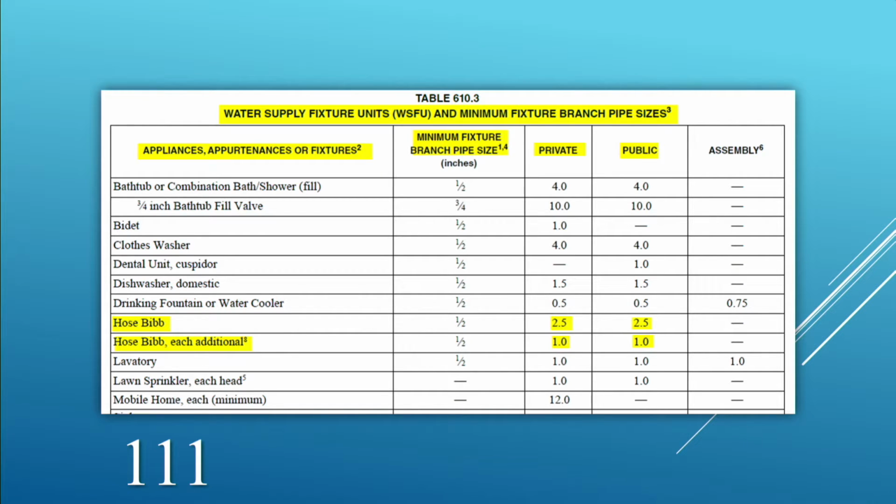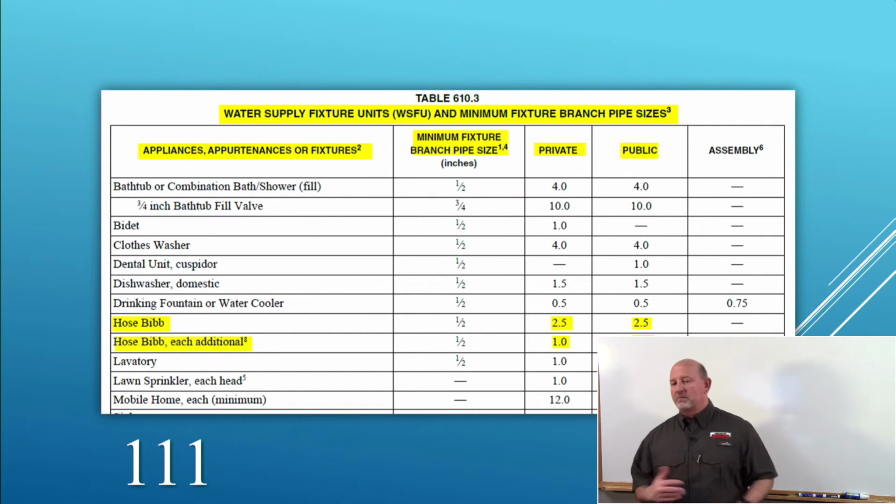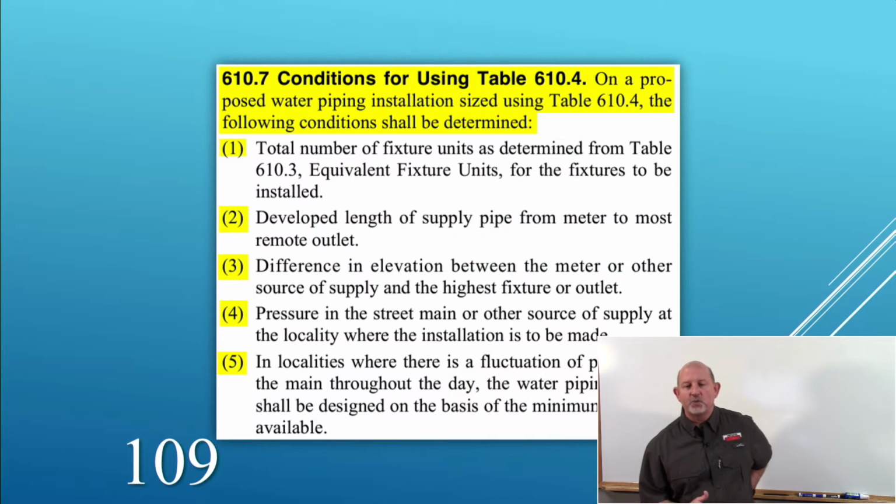And the demand on that bathtub is 4 WSFUs, right? So again, I'd go to page 112, plug that 4 WSFUs in there. That's what size pipe I would need to feed that. Now again, going back to page 109,